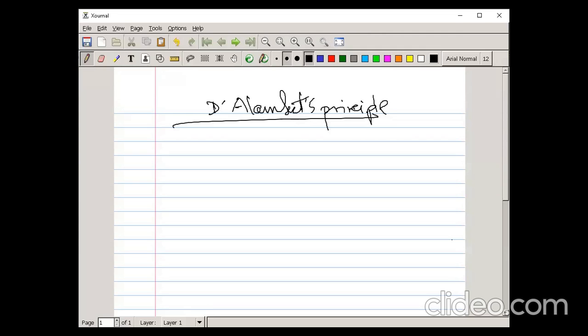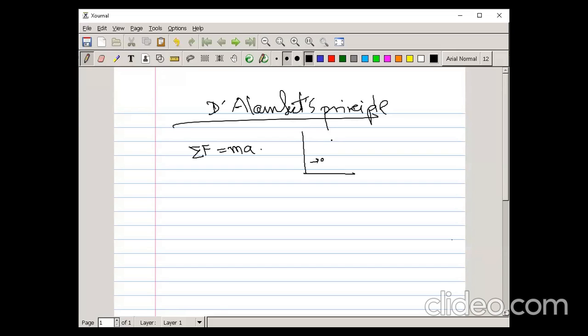See, from Newton's second law, we have just gone through that the summation of all forces is equal to mass into acceleration. In the last class, we discussed this. D'Alembert's principle says that for a fixed frame, where you apply a force on a particle, it changes its acceleration to maintain equilibrium, right?